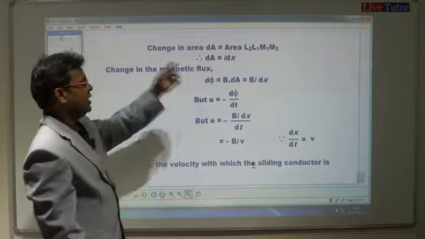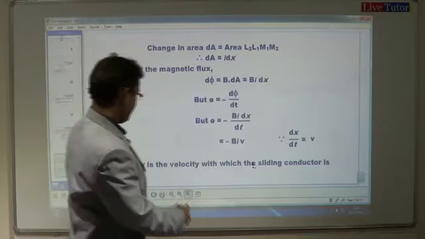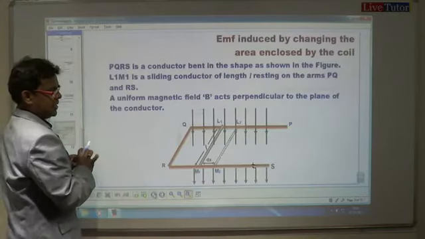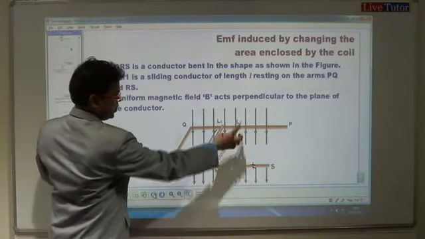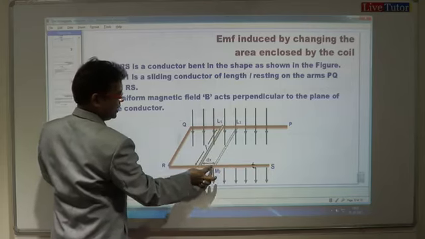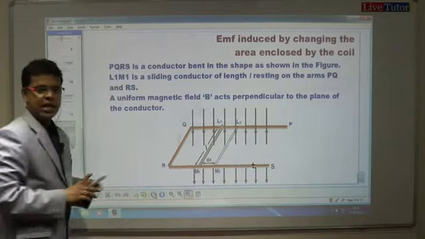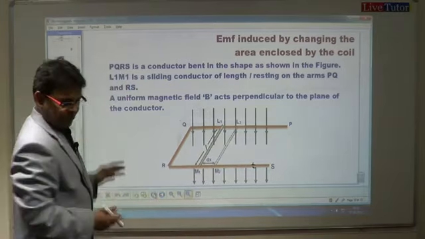எவ்வளவு சேஞ்ச் ஆகுது ஏரியா L2 L1 M1 M2 என்ன ஆகுது பாருங்க L2, look at this, L2 L1 M1 M2 இதுதான் அது ஏரியா. This is the change in the area when the slider is moved. Okay, so